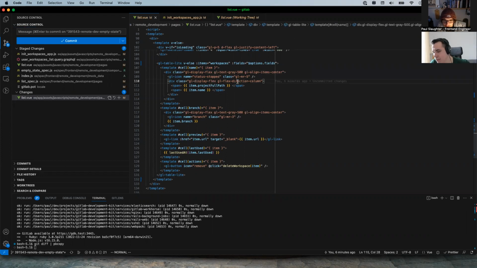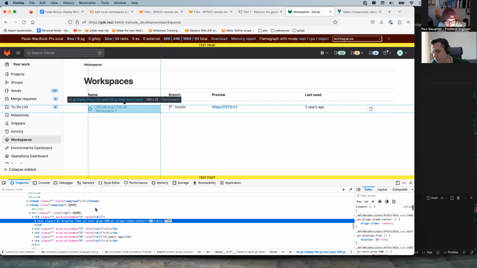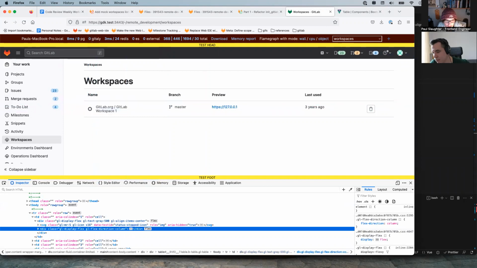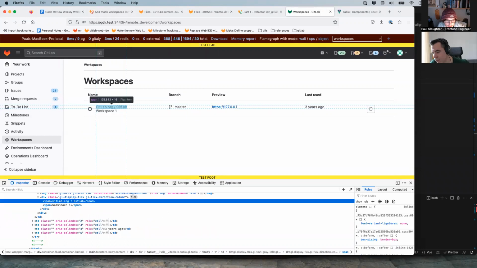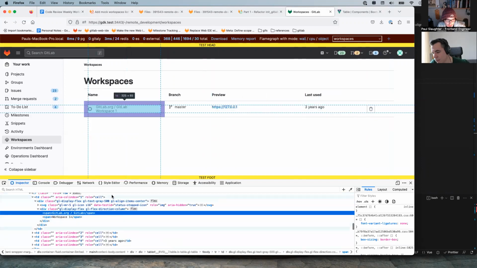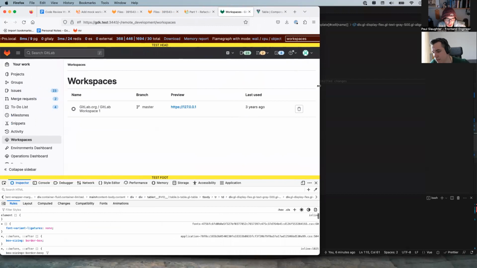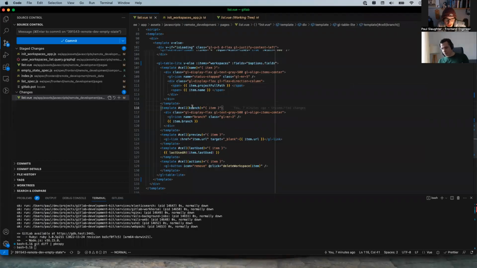Flex direction column. Oh yes. I guess we want something like this. Oh, so that these are then all stacking on each other. Okay. That's cool. Interesting. We have an item.